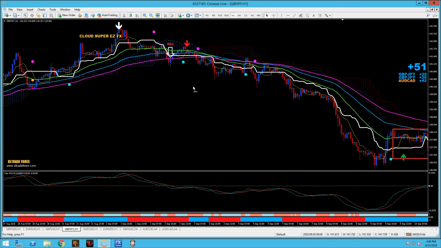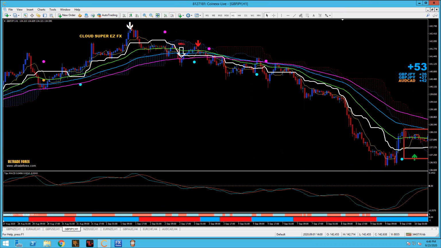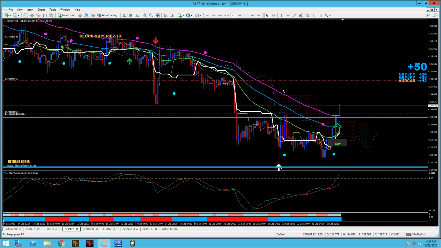So I get these alerts from the Agumon, right? It'll send me push notifications. I don't get into the trade. It's letting me know that a buy or a long is setting up. What I do is I pretty much wait for my MACD to give me a buy, and I still don't get in just because I get a buy on a MACD setup. So even if I were to do a market execution, because this is underneath,